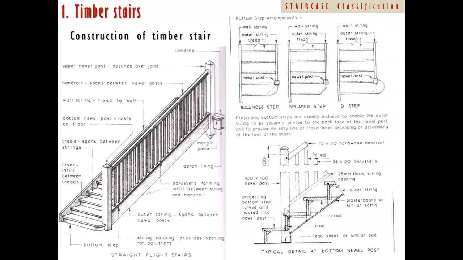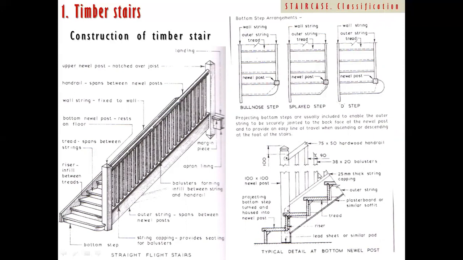There are other details too. Last time we have seen this in a staircase type. So this newel post, bull nose steps, plate step, then the D type step, the other things will be the same. So here it comes, this is called a newel post, okay. Generally from this step to this newel post, the maximum distance will be around 1000 mm, okay.